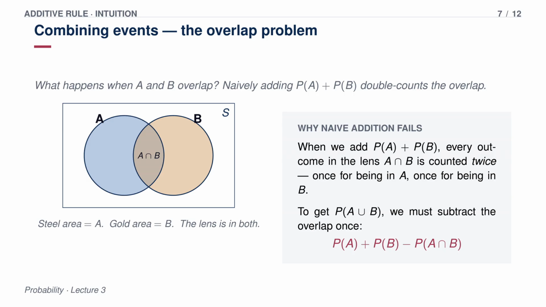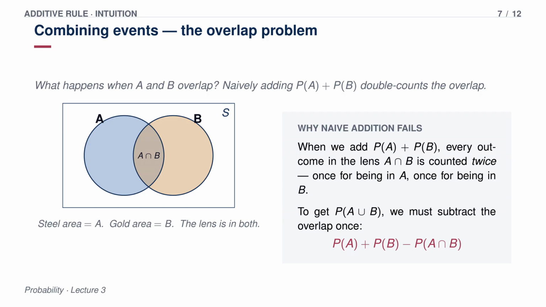Let me try to picture this. Picture a stage with 2 overlapping spotlights. Spotlight A is casting a red circle of light, and Spotlight B is casting a blue circle of light right next to it. Okay, good visual. But they are positioned so that they cross over each other in the middle. Right. That shape in the middle, the lens where the red and blue mix, is getting hit by both lights. Yeah. If you simply measure the total area of the red circle and add the total area of the blue circle, you've counted that middle section twice. So if we want to know the total area of the stage that is illuminated to get the correct number, we have to subtract that overlapping section once.